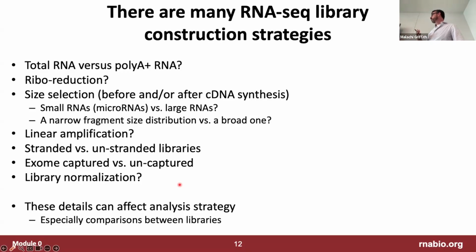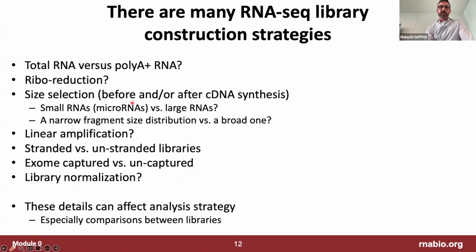At our center, there's like 4 or 5 choices usually, and it changes over time quite a bit actually as kits get discontinued or people are still innovating in this space trying to make them more robust. And so if you're comparing data from 2 different institutes, there could be quite a few potentially different data generation approaches in play. So it's important to keep in mind whether these kinds of variables are in your experiment